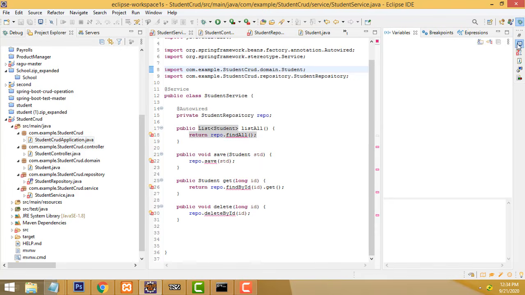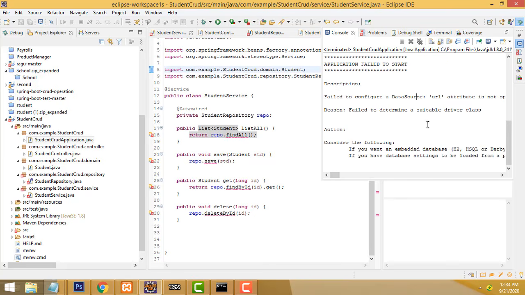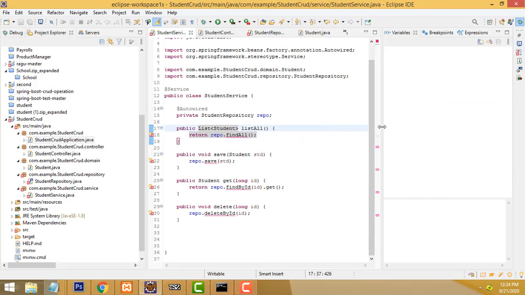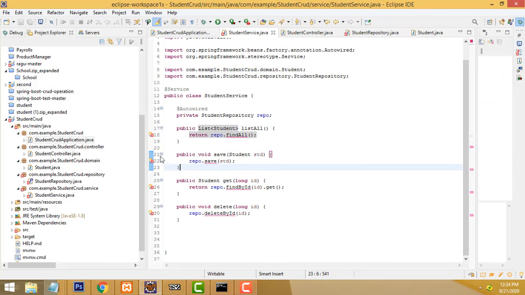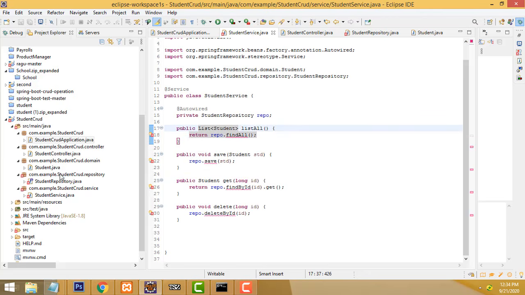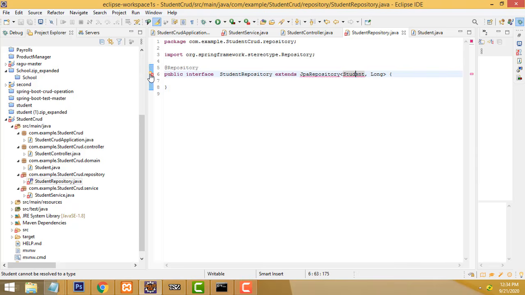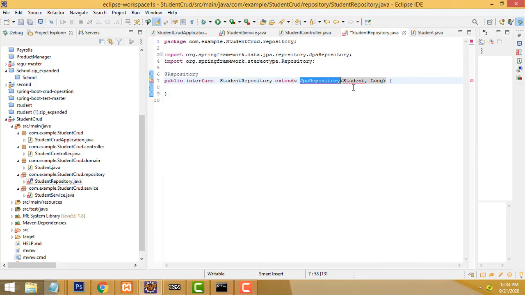This is the console. You see in the console, the application failed. Don't worry about this, it will happen. I will correct it later. So here what's the problem, the error: the classes, the method, responsibility. Here we have to select this one. That's the problem. Click on add this one, and it goes away. Then the second one.